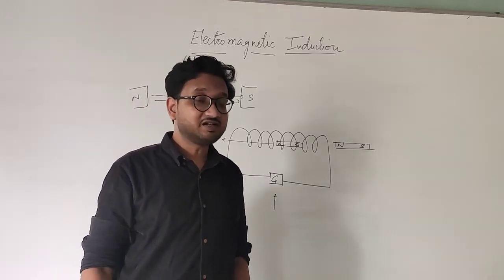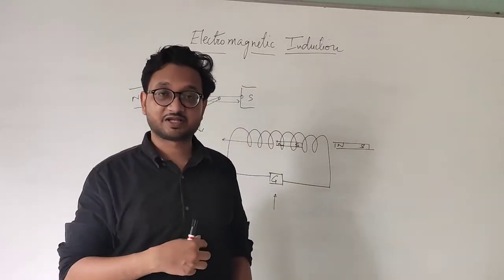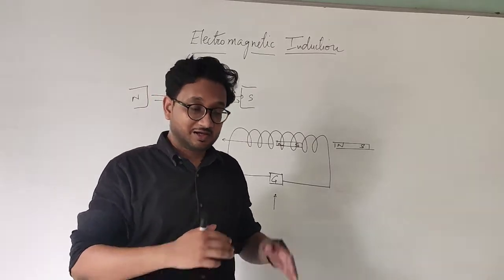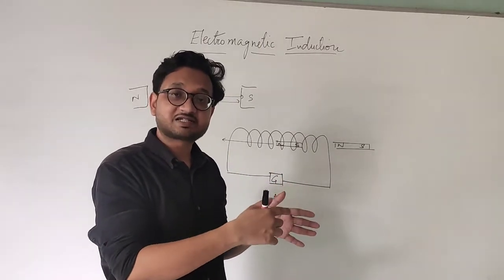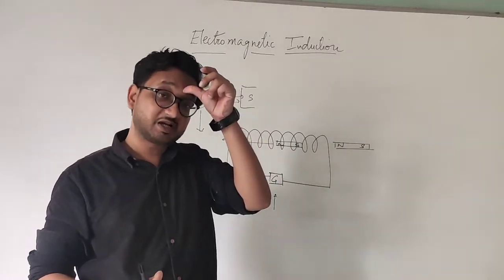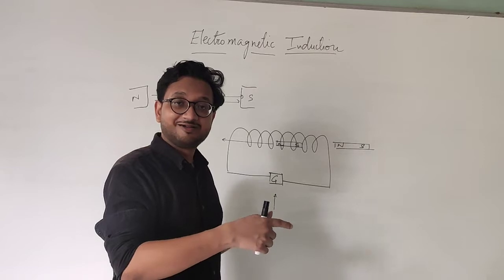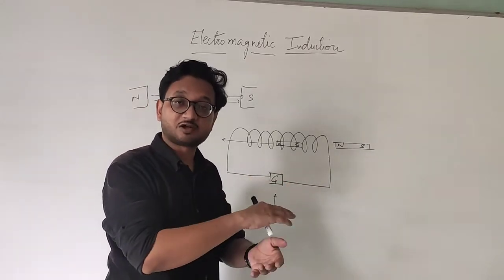Okay, if you have seen an electric generator, it makes a lot of noise. It works with a diesel engine or something like that. There is a very simple working for it. A machine is actually moving the coil inside a magnetic field. There are magnets placed around, and the machine is moving the coil, which creates the electric current. So it is the exact opposite of an electric motor.